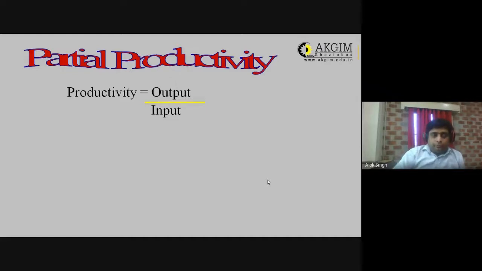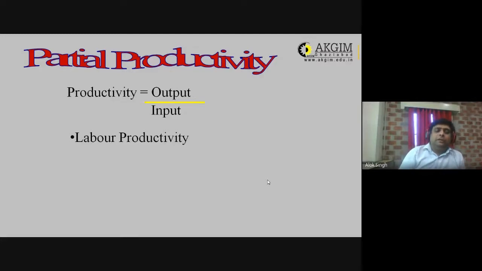So to check labor productivity, that is partial productivity. Why partial? Because you are considering only one aspect, how productive your workers are. By which way will you calculate the productivity? Total output attained divided by man hours, meaning a particular laborer worked for particular hours, and in a certain day what was his or her productivity.